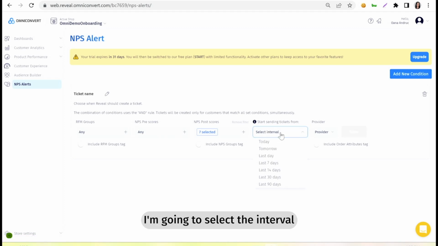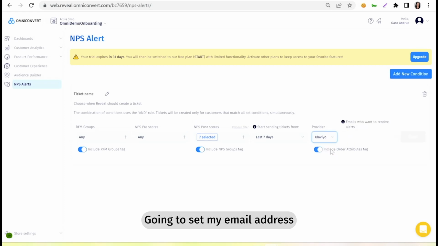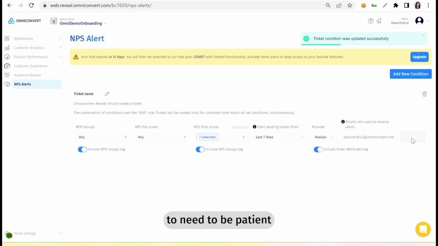I'm gonna select the interval starting last 7 days. I'm gonna want to include RFM group tag, NPS tag, and order attribute tag. And I'm gonna go with the provider Klaviyo. I'm gonna set my email address in here for now. And I'm gonna save. I'm gonna need to be patient for up to 24 hours